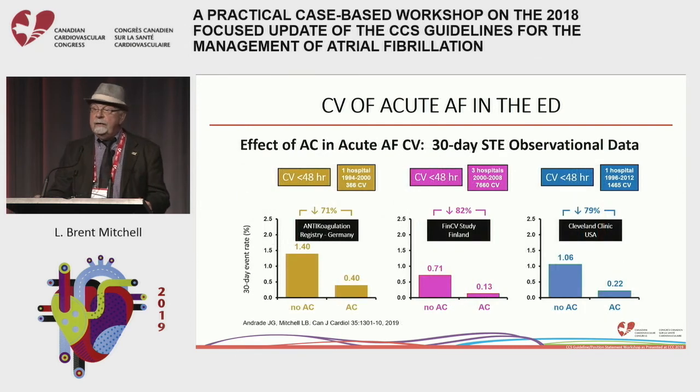3 studies have actually now, in an observational format, asked the question, does anticoagulation make a difference to this? The anticoagulation registry was performed in Germany. Anticoagulation of patients with acute atrial fibrillation, if a patient had a cardioversion under anticoagulation, their probability of having a thromboembolic event in the next 30 days dropped by 71%. On the far